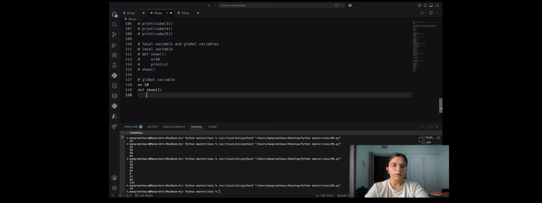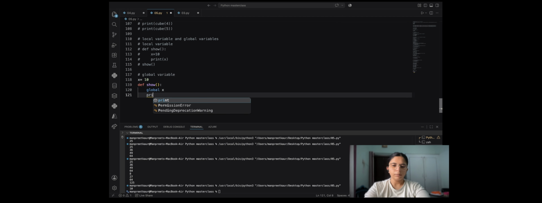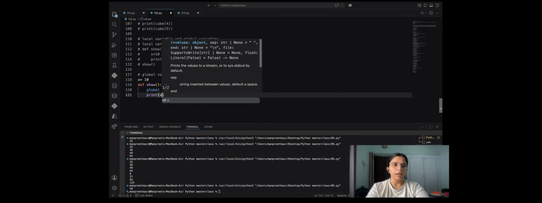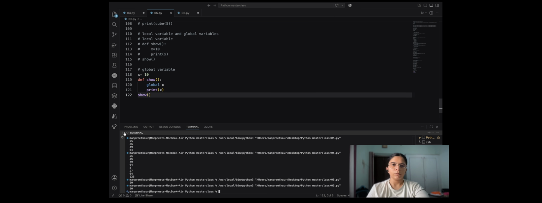Now I have to write global x, then print x. Then show. x is equal to 10, and that x is taking its value from here.